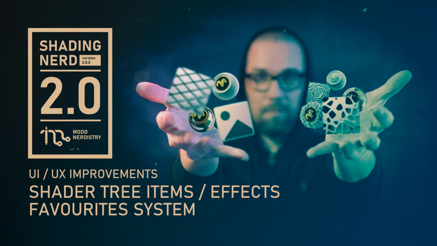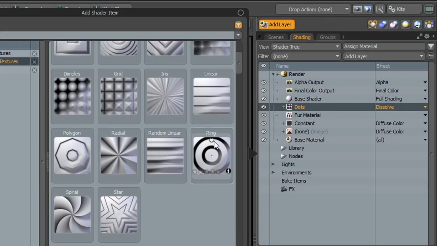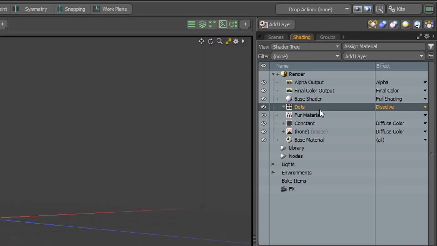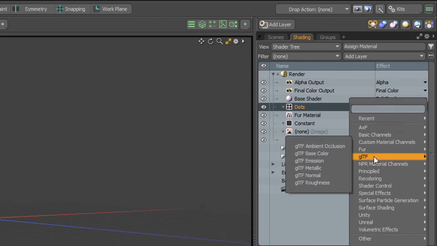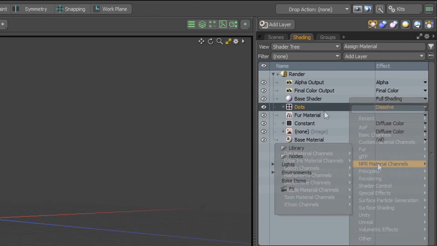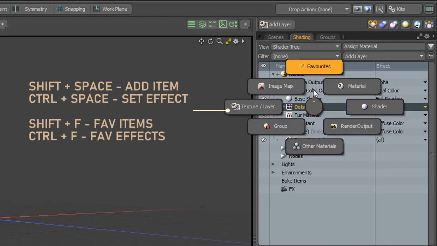Browsing through sometimes huge lists of objects and effects can be tiring. The Favorite system is intended to address this. On the Add Layer and Set Effects By menus, you will find entries for favorites where you can add or edit commonly